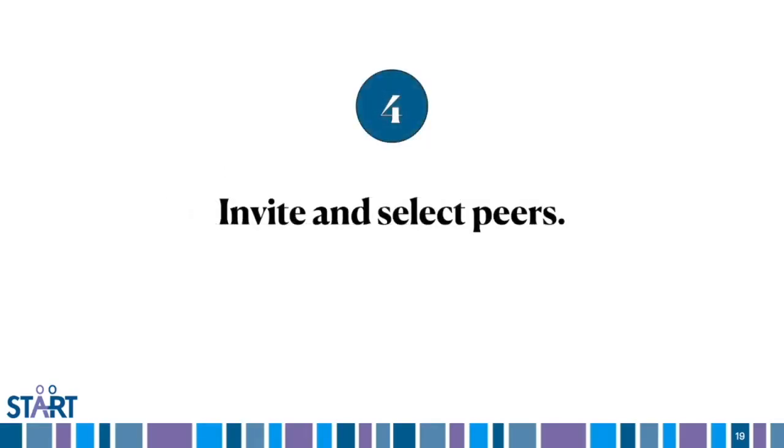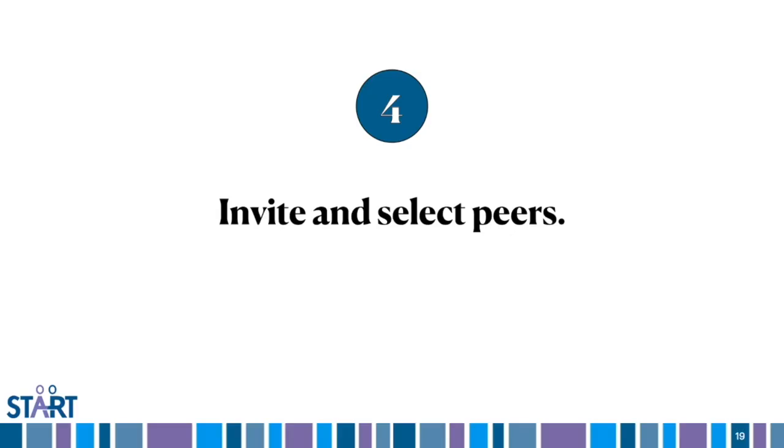Now, as you might expect, the selection of peer partners can impact the success of the arrangement and the enjoyment that students experience. This is the 4th step. Your team will have to decide how many peers to involve, the attributes they should possess, and the ways that you'd invite their involvement. It's really good to match 2 or 3 peers with each student. Having only 1 peer could leave them feeling a little overwhelmed. Having more than 3 could be disruptive or distracting in most classrooms.